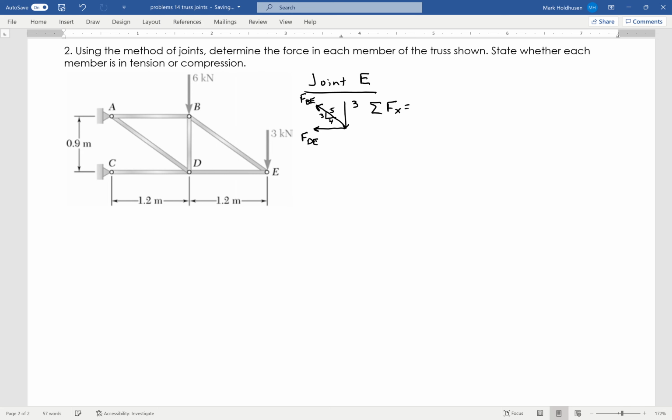hopefully calculate things. So I'm going to have negative FDE minus 4/5 FBE equals 0. And then I have the same thing in the y direction where I have negative 3 and then plus 3/5 FBE, and that equals 0. So from this, I can find that FBE equals 5. From this guy, now that I know FBE equals 5, plugging that in, I can find that FDE